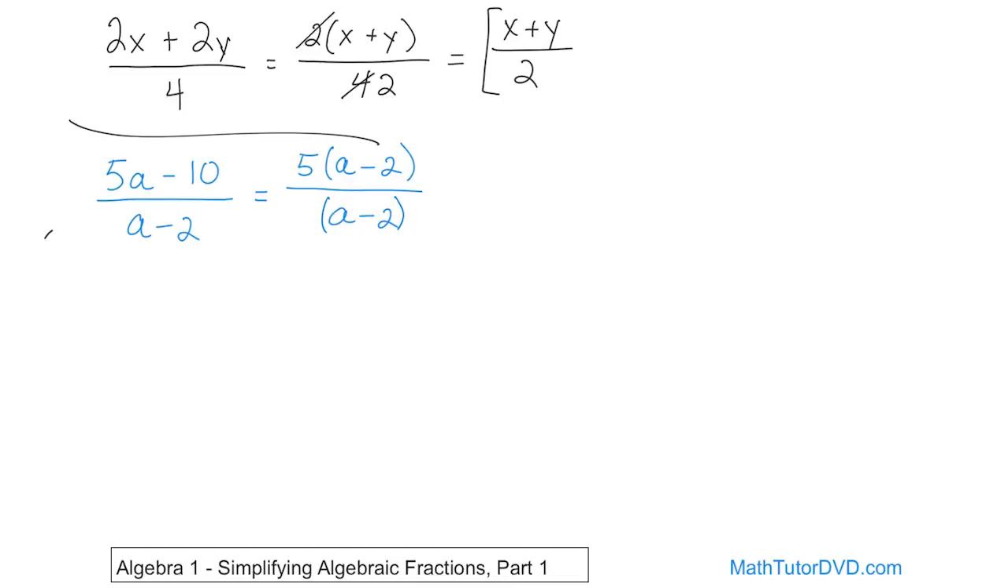And then you notice that in the top I have an a minus 2, and in the bottom I also have an a minus 2. So the rule of thumb that you're looking for is when you see the same term in the top and the bottom of a fraction, you can cancel